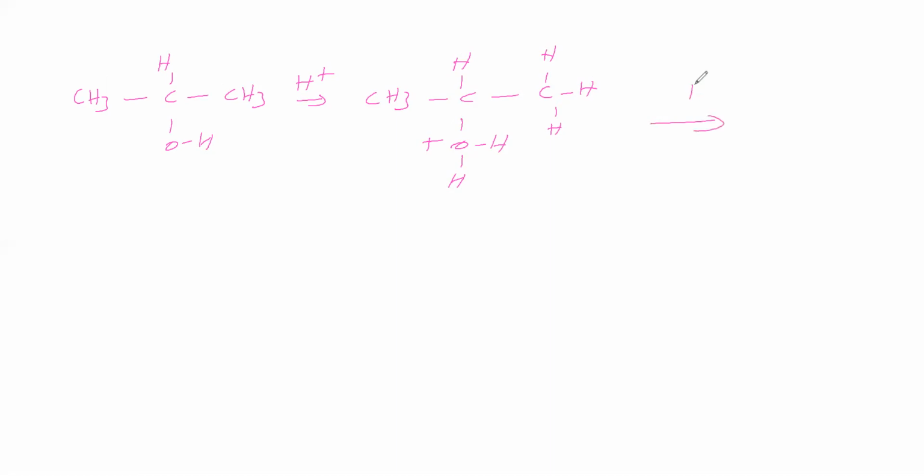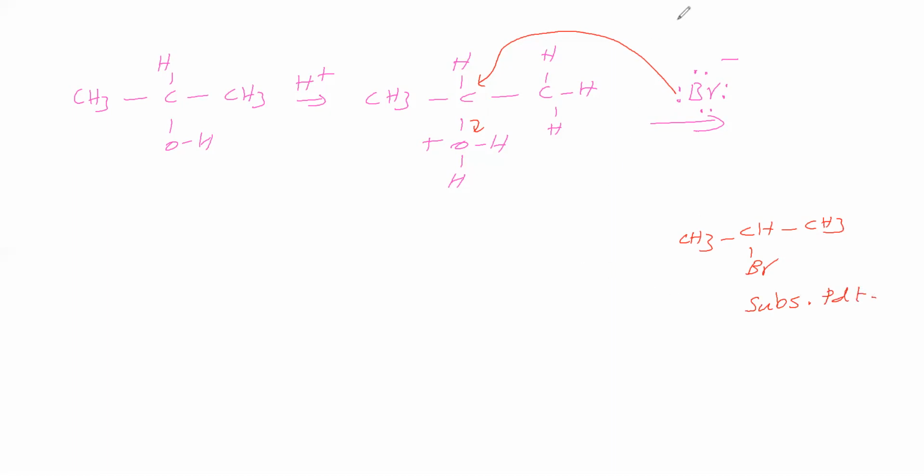Now we will take the HBr case. Now we'll take CH3CHOHCH3. It is going for protonation. So we are getting the oxonium ion. Now Br minus comes for attack. In Br minus, Br has 4 lone pairs. It is coming for attack. If it attacks this carbon, this bond will migrate. Therefore, we will get CH3CHBrCH3. So we are getting the substitution product.